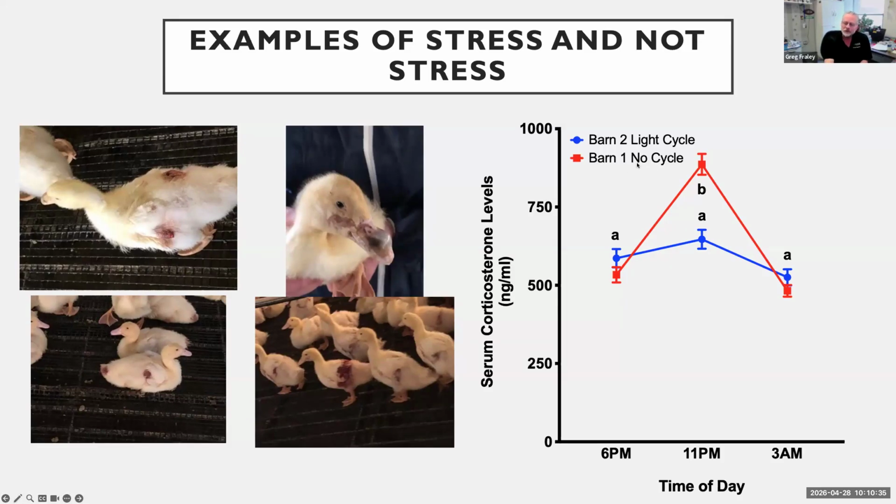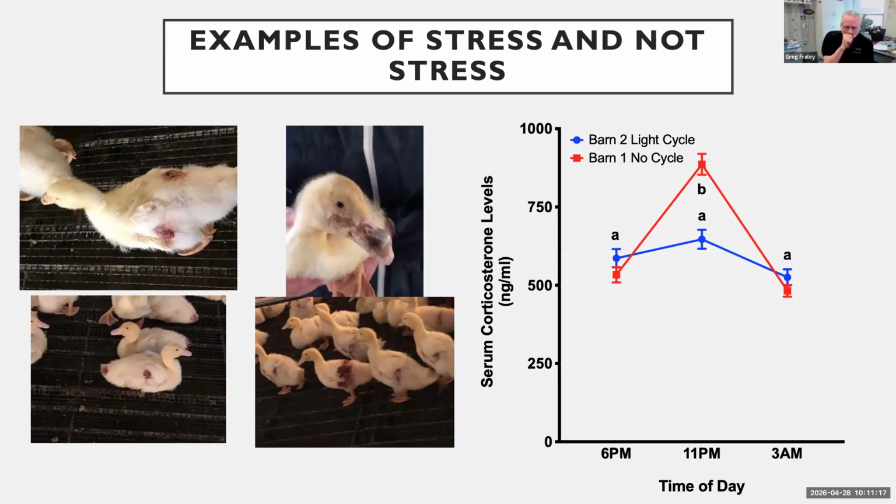And the study was on light cycles, which is not terribly relevant right now. But we went to another barn, further away, that was not experiencing these conditions. And in this barn, you can see these birds were just horribly pecking at each other, which is kind of relevant since this is a PEC symposium, to show this horrible amount of feather pecking. And ducks are very unlike chickens. Chickens go after each other's heads. Ducks go after wings and tails. A very, very important species difference in feather pecking.